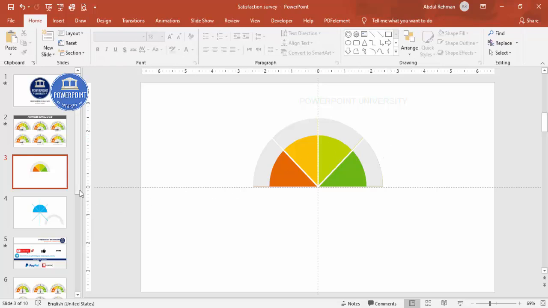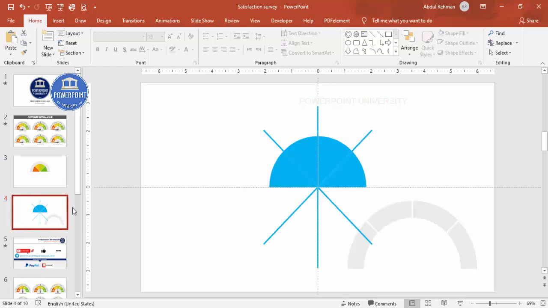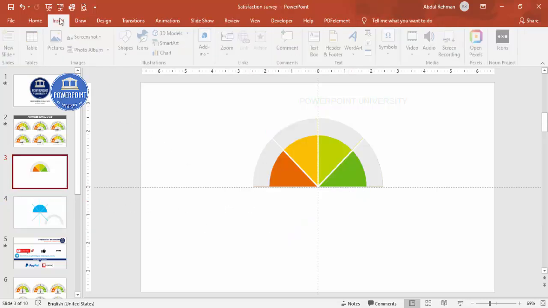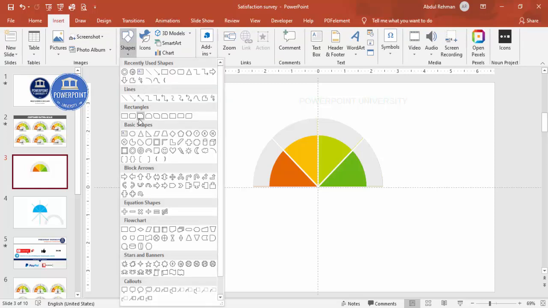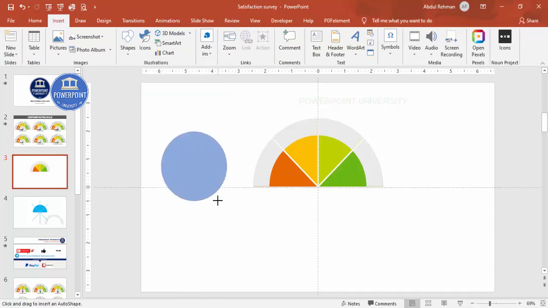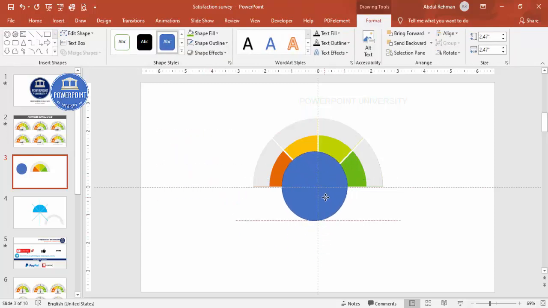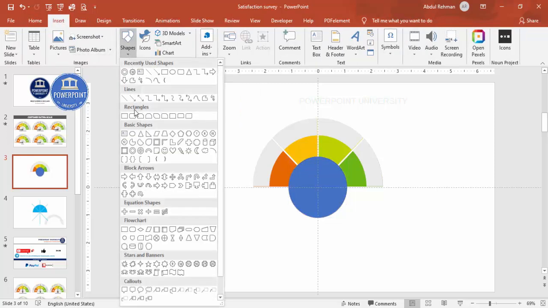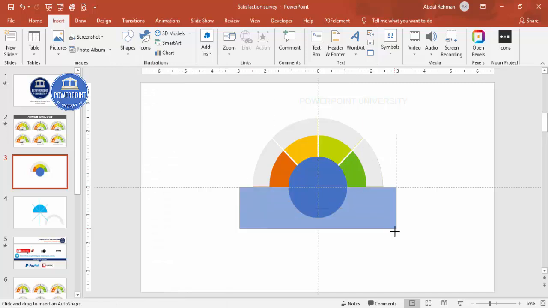And one more thing I want to do is add one more shape here, a smaller one. Actually I should have made one more duplicate of that one, but not a problem. So I'm going to select this much size. You can see here, I'm going to paste it exactly in the center, or I can just reduce the size also. I'm going to make sure align center, align middle, shape outline, make it no outline, and then I'm going to cut the bottom part, select the rectangle.